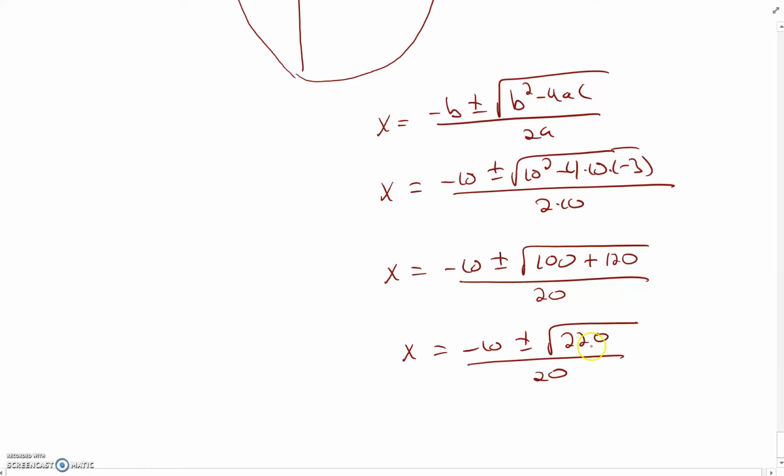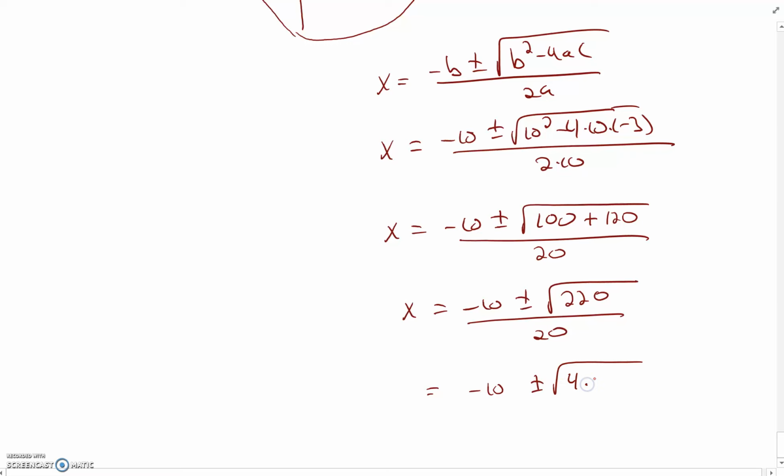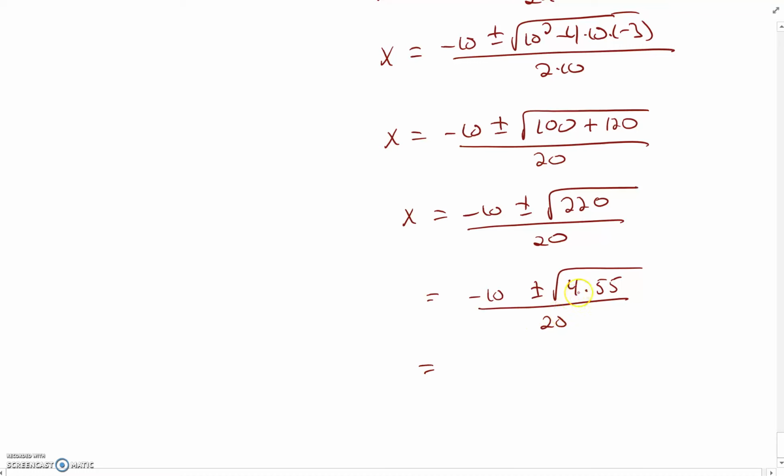You could simplify square roots by finding perfect squares. I think 4 goes in there, so I'll show you how this works. 4 goes in there 55 times. I know 55 doesn't have any perfect squares, but I know 4 goes in there. Okay, so let's watch this now. 4 times 55 is 220. 4 is a perfect square, so you have minus 10 plus and minus. The square root of 4 is 2. You're left with the square root of 55,